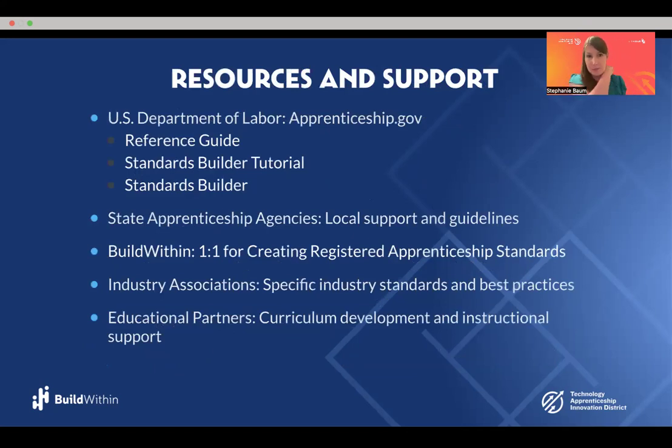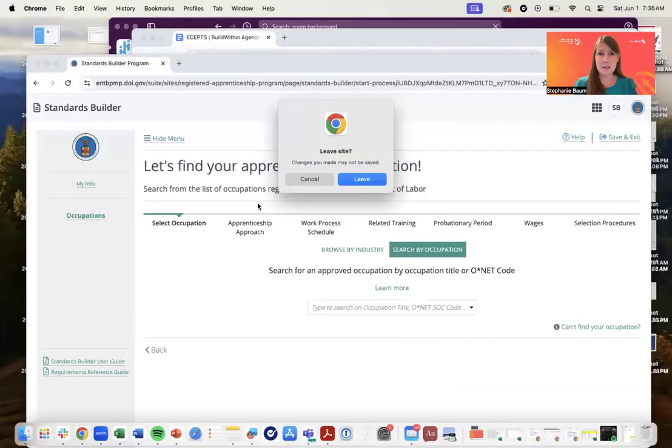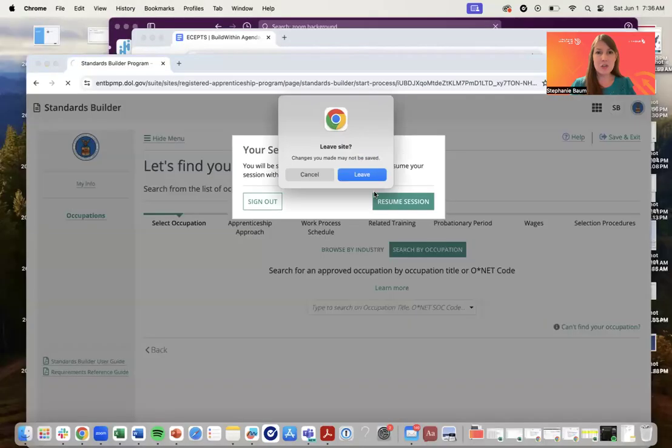I'm going to walk through a couple of these in real time. So there's a reference guide and a standards builder tutorial. There's a standards builder workflow within RAPIDS, so we'll talk through a little bit about how to create a username in that system. State apprenticeship agencies are really tasked with helping employers get programs up and running, so they're great resources. At BuildWithin, we have opportunities to schedule time